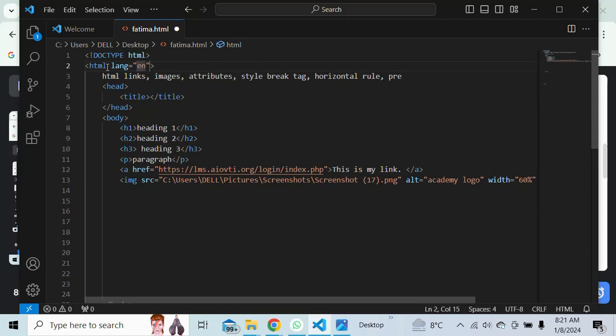It is already in English, so it will appear similarly. And you can also specify the country, like there is different English for British and America. So you can write the first two letters of the country name whose language you are going to use. For example, en hyphen